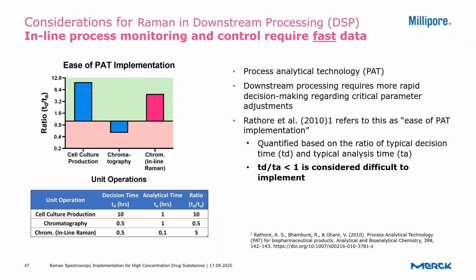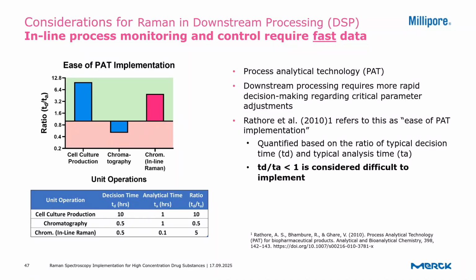These figures from the table are somewhat arbitrary and primarily just serve as a visual representation of the concept I'm speaking to, rather than as actual data that covers all manufacturing processes. For example, the 10-hour decision time for cell culture aligns with taking a few samples per day, whereas the